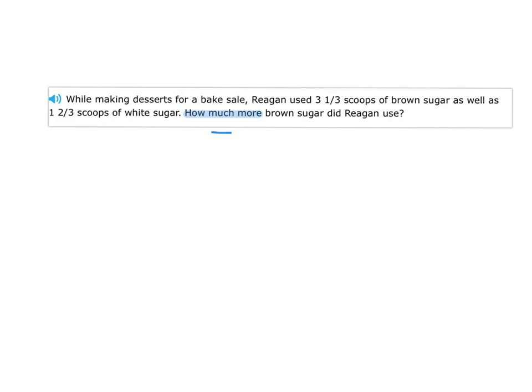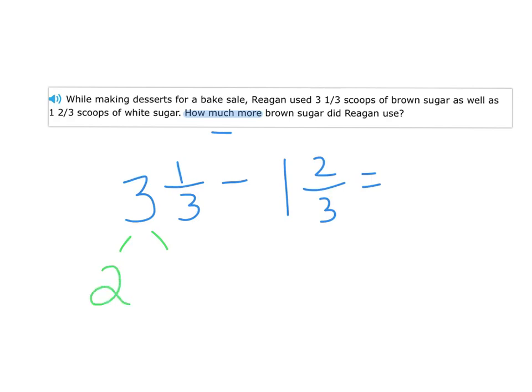So let's see here. We've got 3 1/3 brown sugar and 1 2/3 white sugar, and we need to subtract those to see how much more brown sugar we use. Once we write that down, again, we see the whole numbers we can subtract, but it's the fractions that make it difficult. If I only have 1/3, I can't take 2/3 away. I have to make this a bigger fraction with a bigger numerator, so I'm going to have to use something from these 3 whole. I'm going to break it down into 2 whole, and that next whole that we are taking out of it is going to become a fraction,